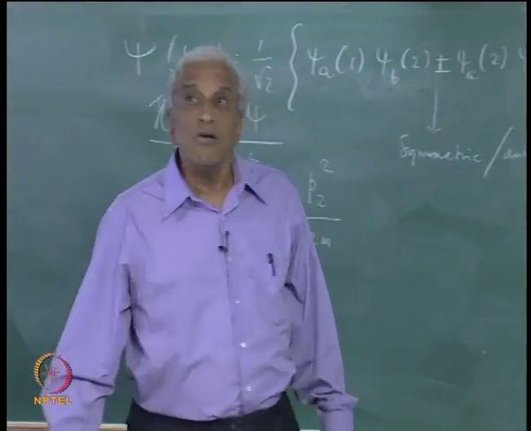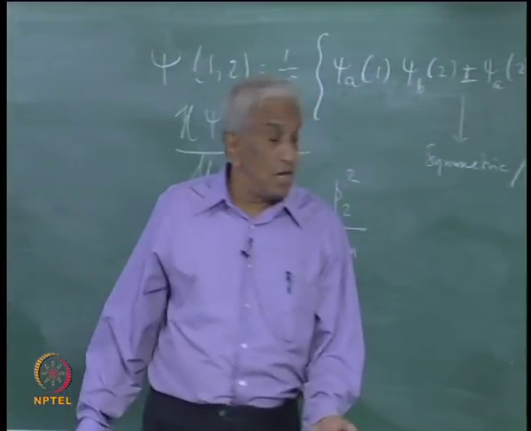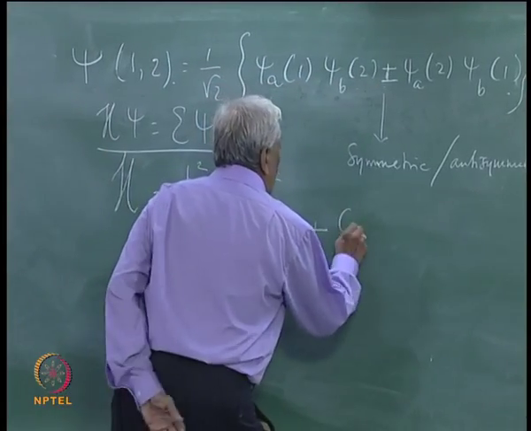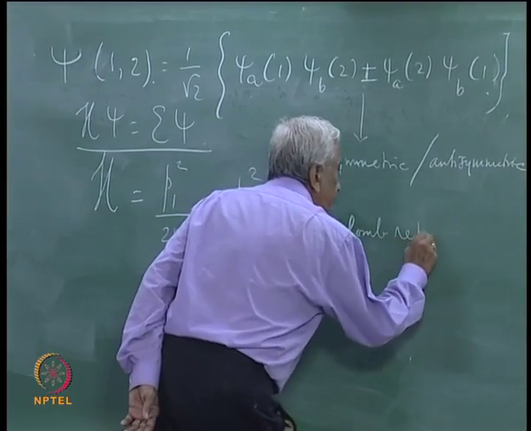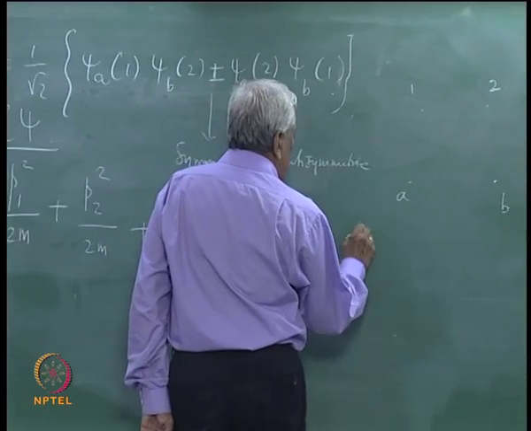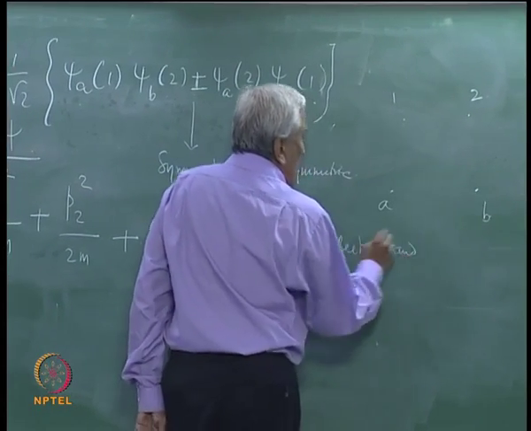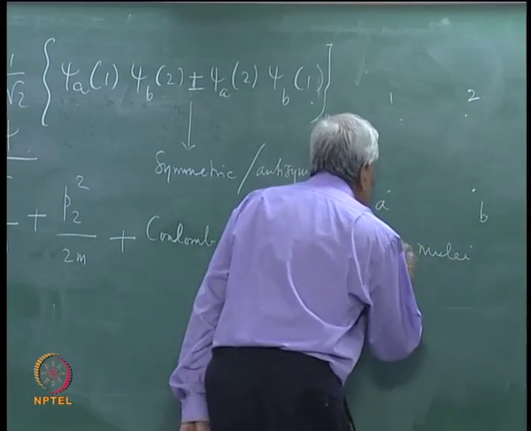So, you have various distances which will determine this repulsion energy, plus Coulomb repulsion of electrons and nuclei as well as nuclei,